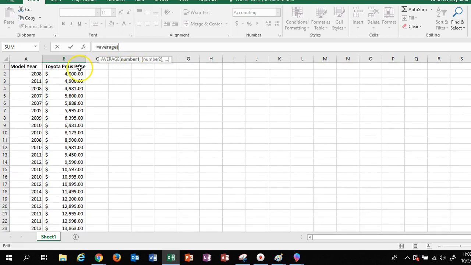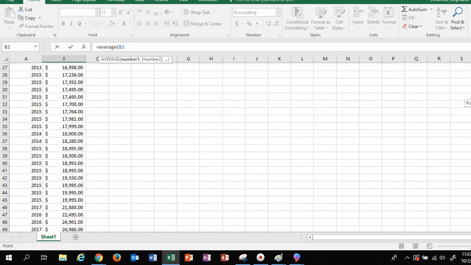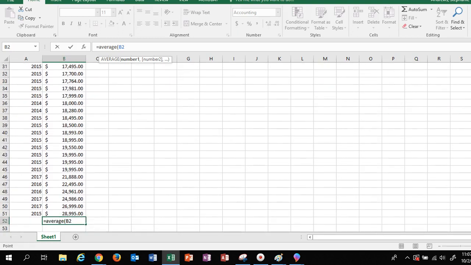I can type in the cell, or I can click on the cell, and I need to put a colon. Uh-oh, that's not what I wanted to do. Go back down here. My colon's there. And I want to end at this cell, parentheses, hit return,